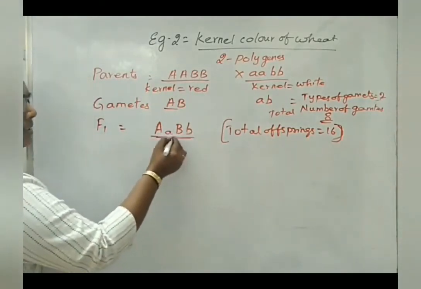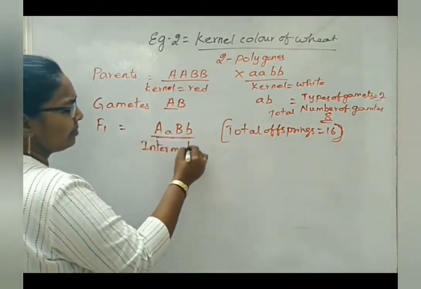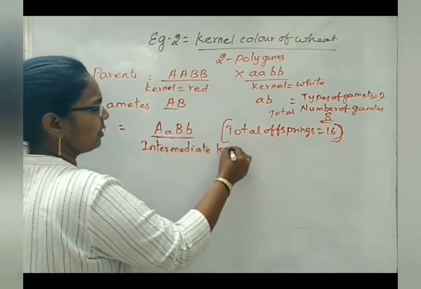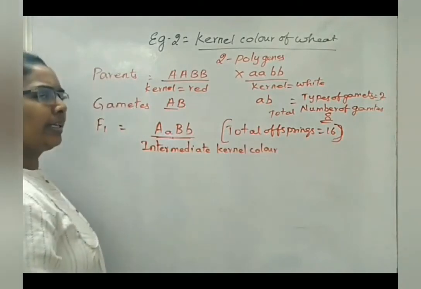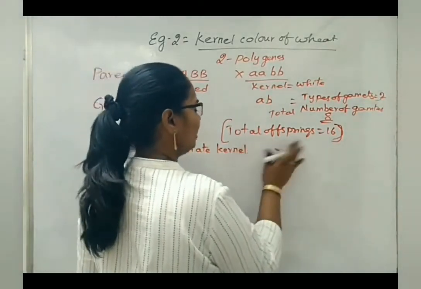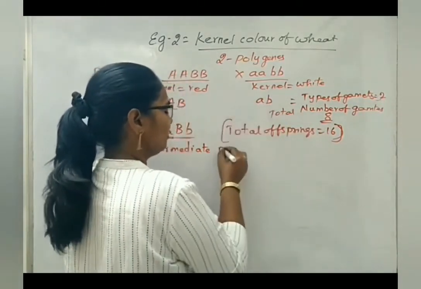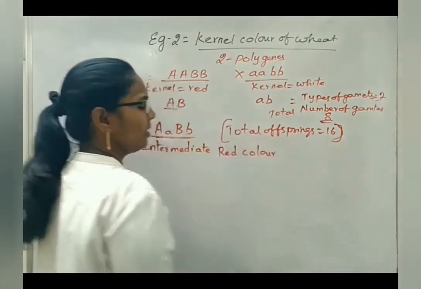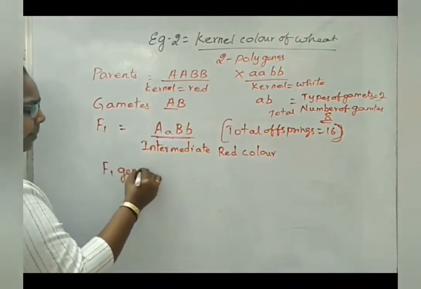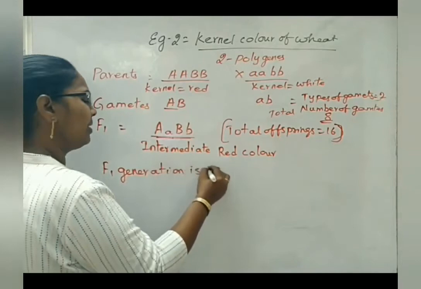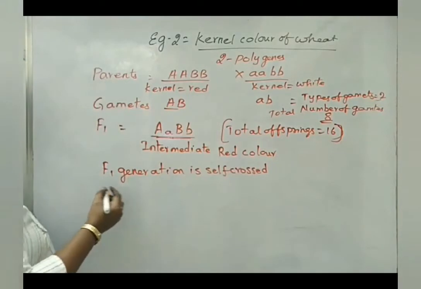So now when it is like this, we call it intermediate kernel color. It is neither purely red nor purely white. So we can write intermediate red kernel color. We can also write it like this. When we self-cross the F1 generation, when it is crossed, then